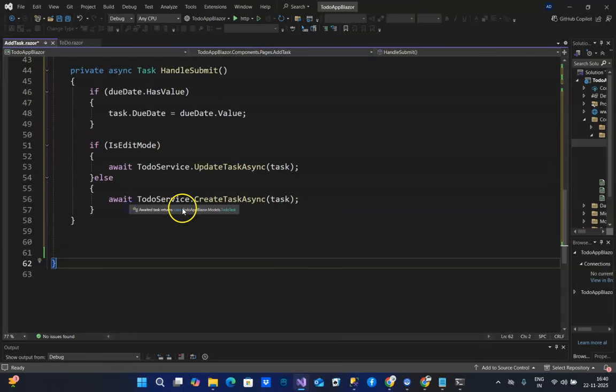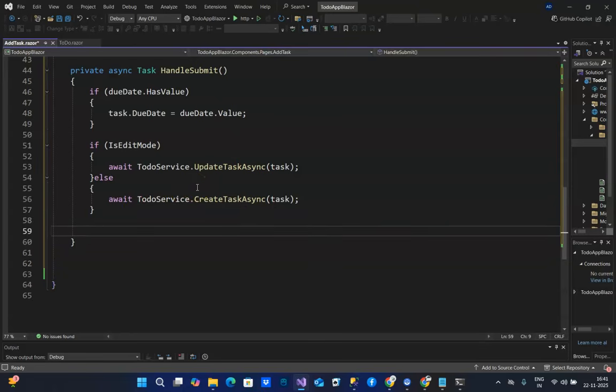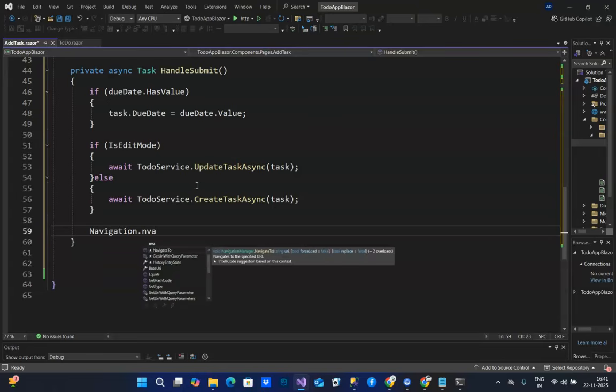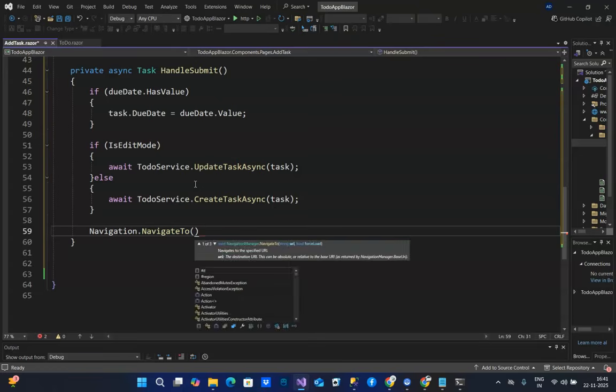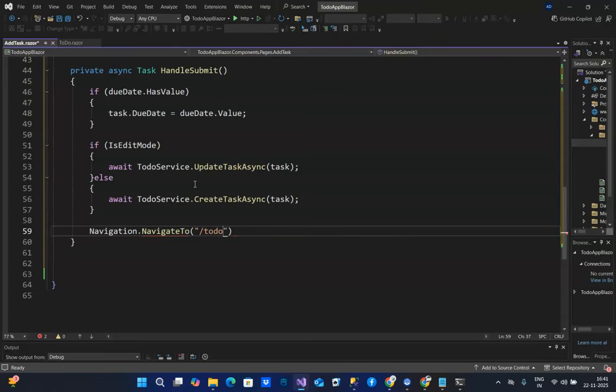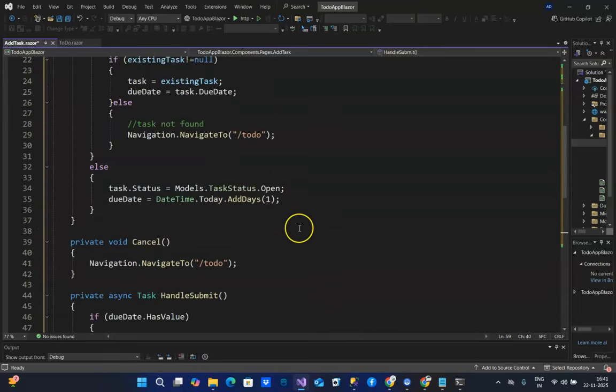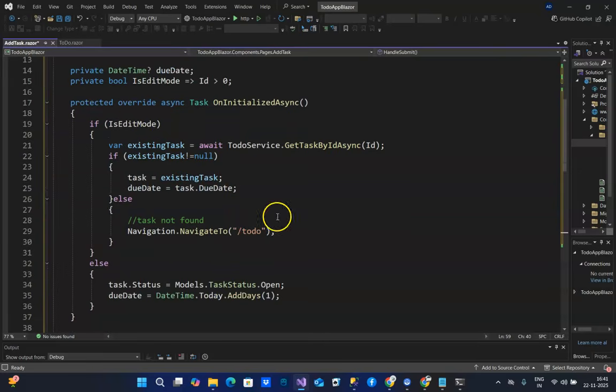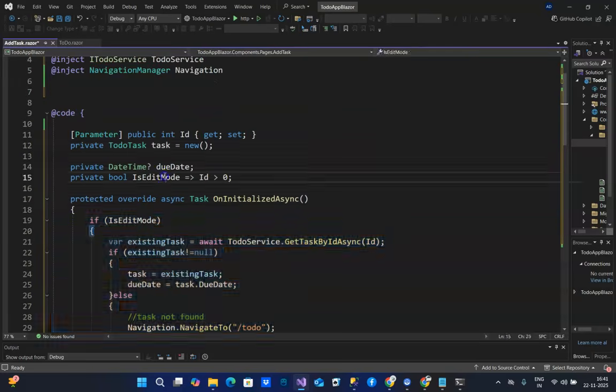And finally we navigate, navigation dot navigate to to-do. So we have the submit button, we have the cancel button, we have the on initiated when the component is loaded, we also have the edit mode check. So with this we complete the code for